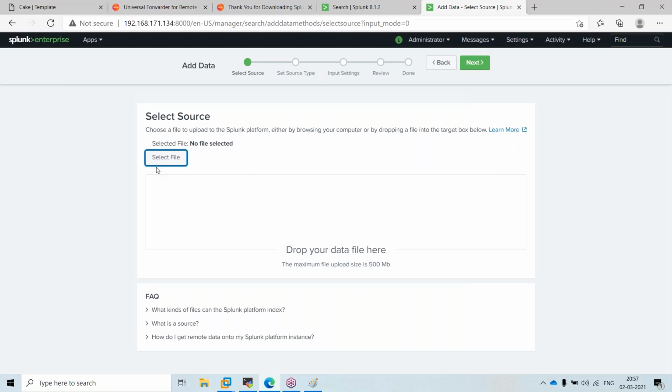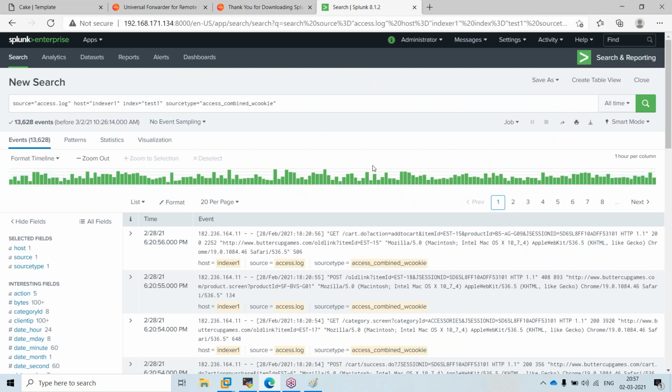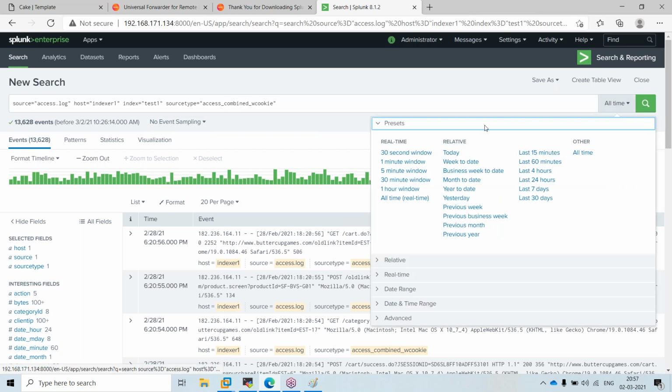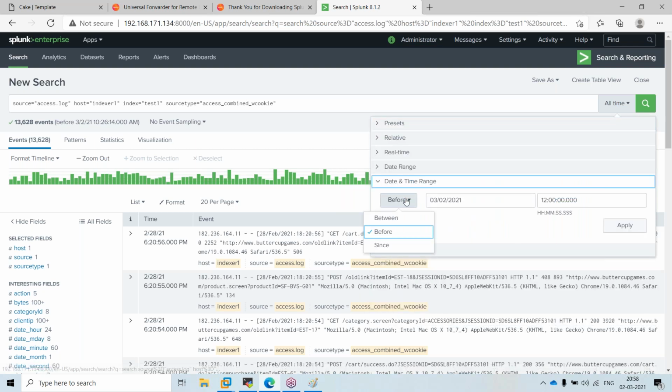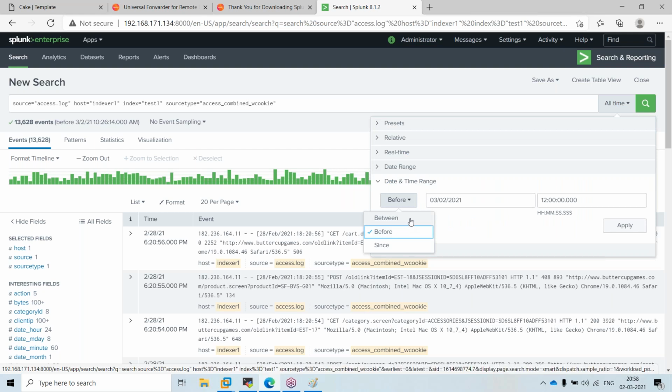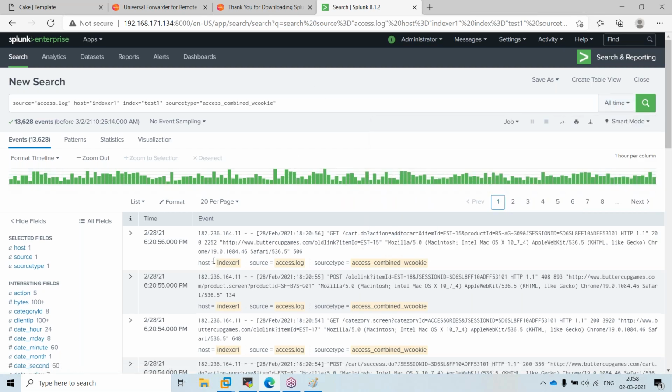Okay, I can close this one. This is the Splunk UI. Here, this is the search bar where you will be writing the queries, and this is called the time picker. The time picker is used to select the time period of the data, like the last 60 minutes or last 15 minutes, or a specific duration. We will discuss this tomorrow. I'm just giving a heads up, so we can select before, after, something like that. We'll see how the data is being parsed in the next class.